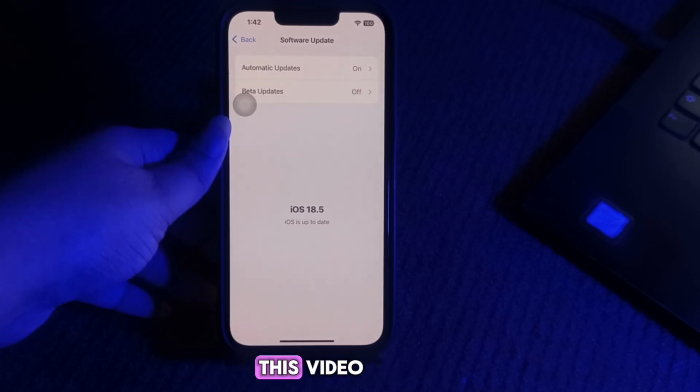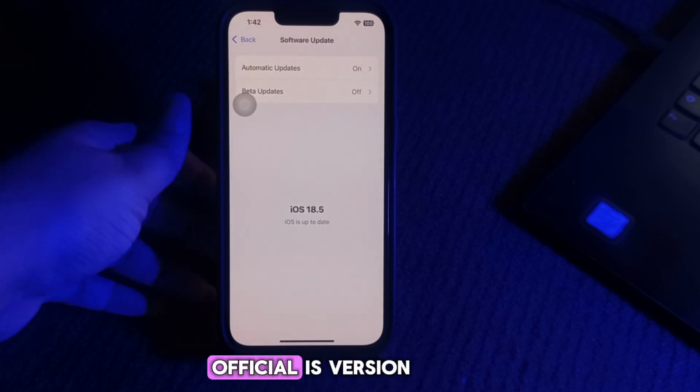I hope you find this video helpful to uninstall the iOS 18 beta and update to the official iOS version,